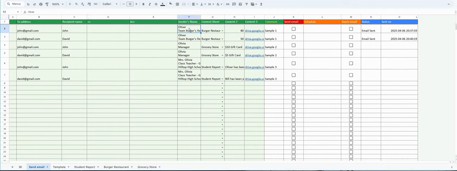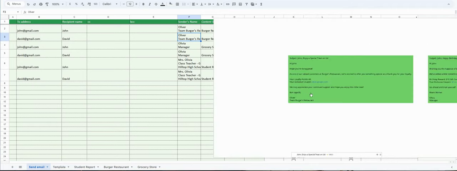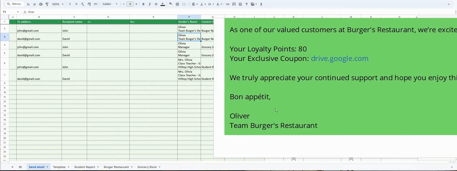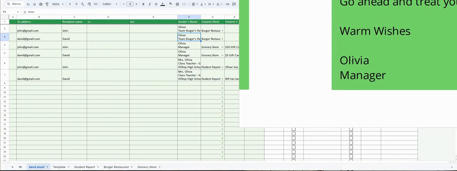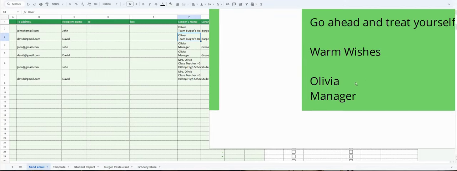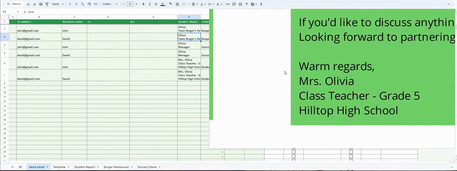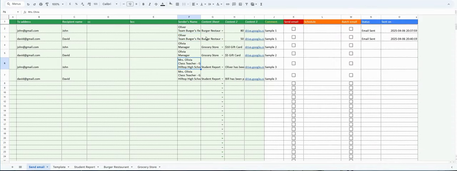Now in column F, we need to enter the sender's name. That is, who's going to send the email, that person's name with the designation, whatever details are required. So I can show you some examples. In the first email, you can see I've entered this entire salutation, the signature part. In the second email, I have entered this. In the third email, I've entered all of this. So that is entered. Now column G